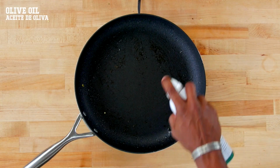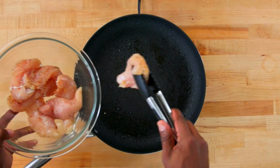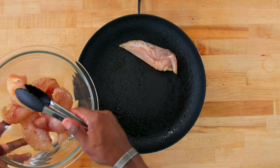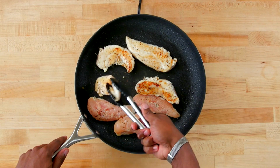Place the skillet back on the heat, spray it with a little bit more oil. Make sure it's nice and hot. Then we're gonna add in our chicken tenders. It doesn't take long for chicken tenders to cook through, so just make sure you get a nice good sear